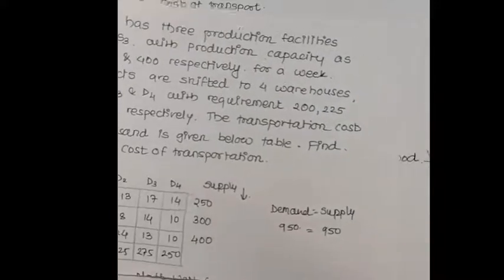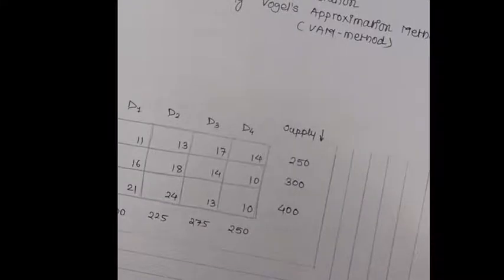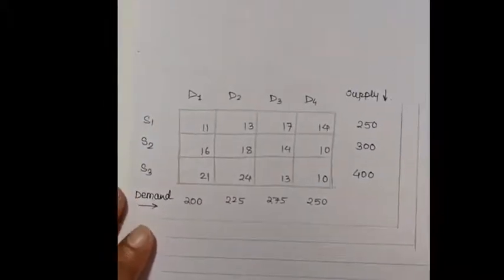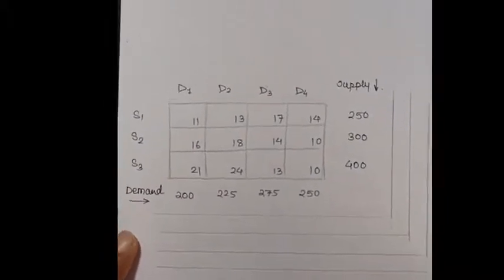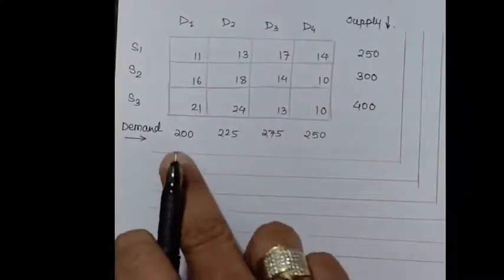Again, to solve this problem, what we have done in previous problems, we will draw the same thing. We are going to redraw this particular matrices with a bigger size because we need to assign values to the particular cell. This is called initial feasible solution with the help of Vogel's approximation method. So you might be wondering what is this. I have to draw these pipes. If you can see, the pipes are connecting to row and column.